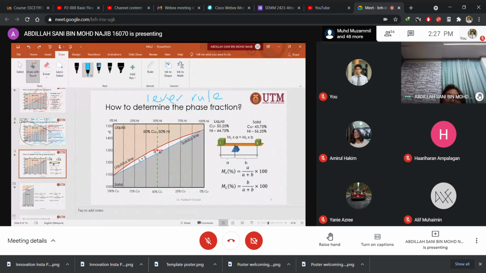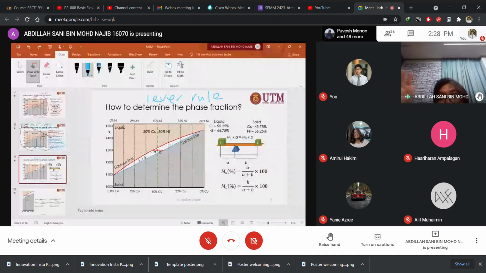What is the percentage of solid, what is the percentage of liquid? We know the fraction of the phase. How to do that? From the tie line just now, we know the composition, but we want to know